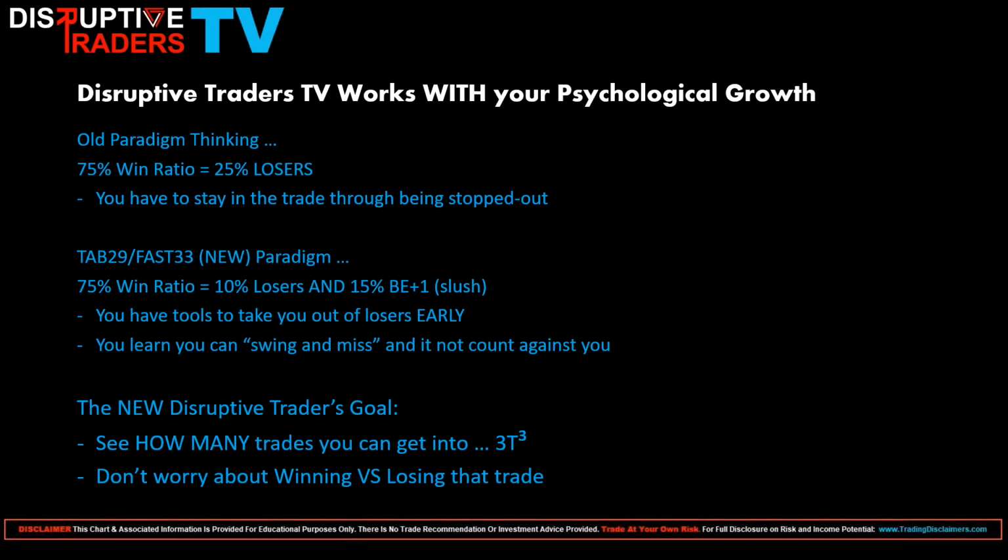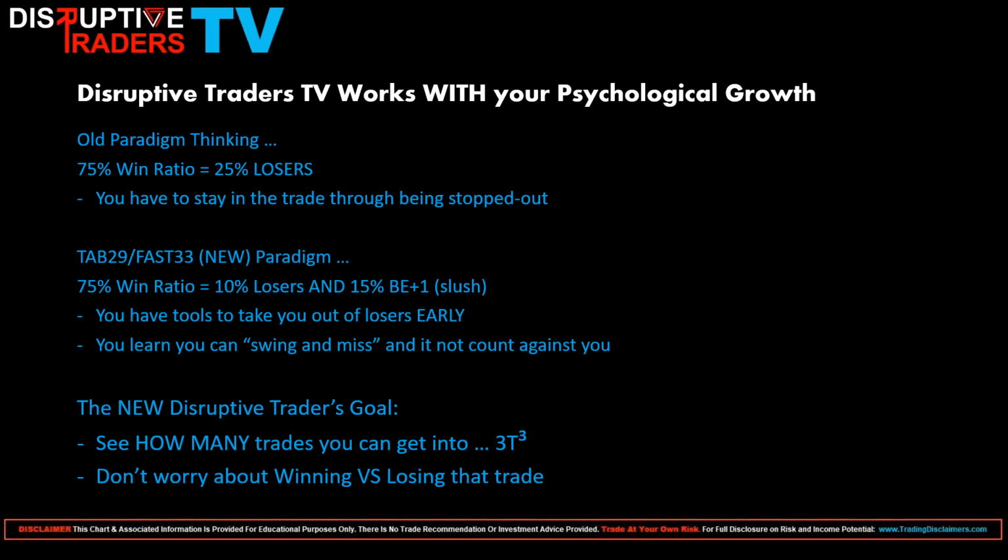Old paradigm thinking versus the new paradigm, or what we consider this new paradigm shift in trading. So old paradigm thinking: 75% win ratio equals 25% losers. You have to stay in the trade or you're going to get stopped out. That's an old paradigm way of thinking on how to trade. And when it comes to trading with Fast 33 or Tab 29, what we use here at Disruptive Traders TV,